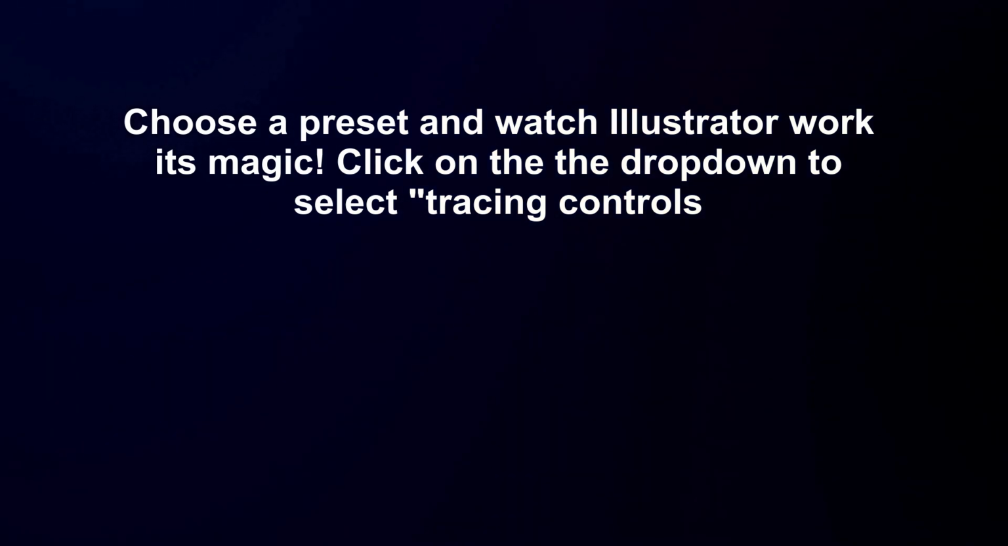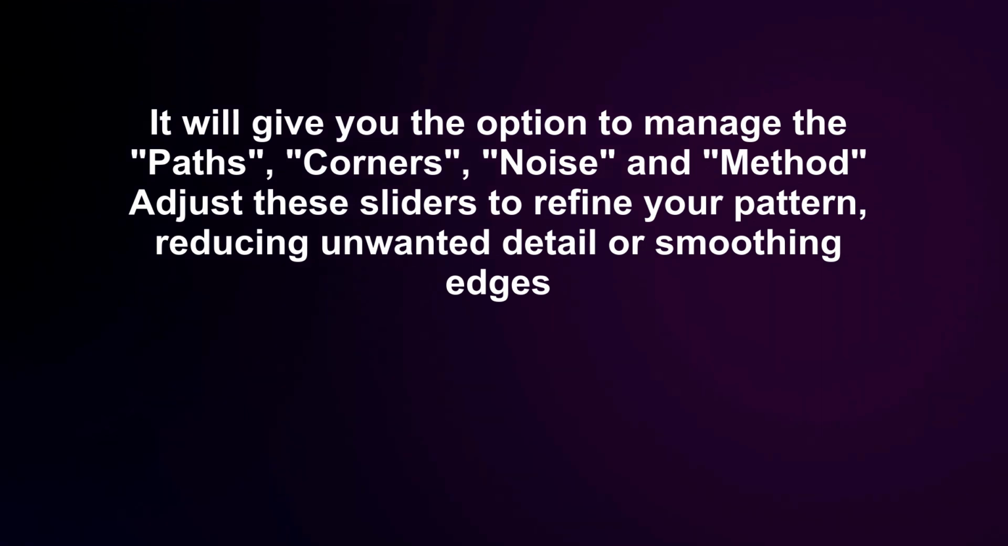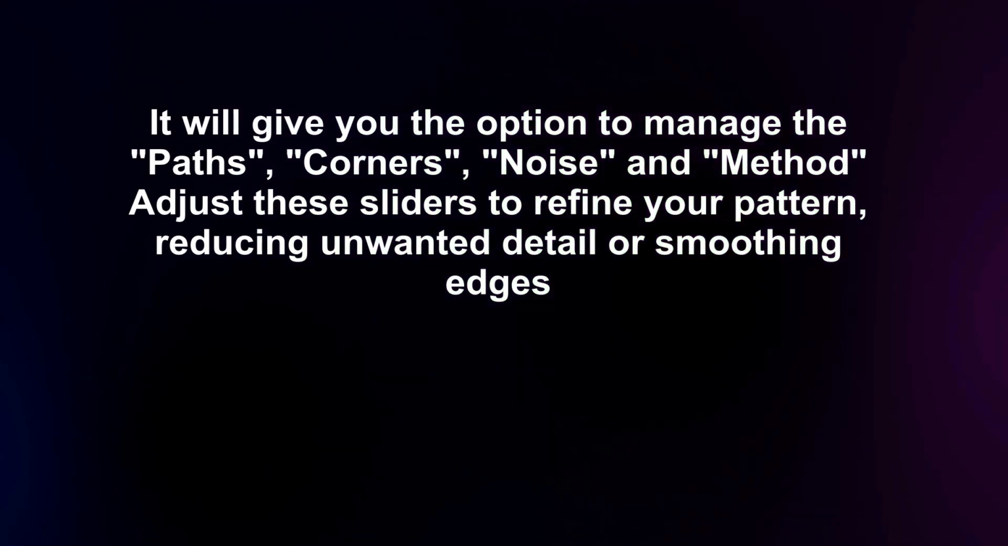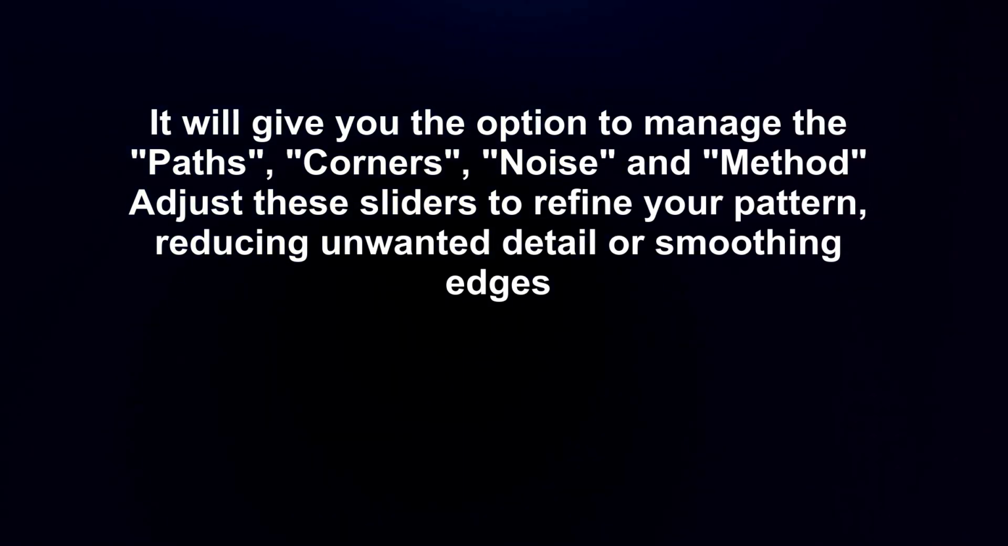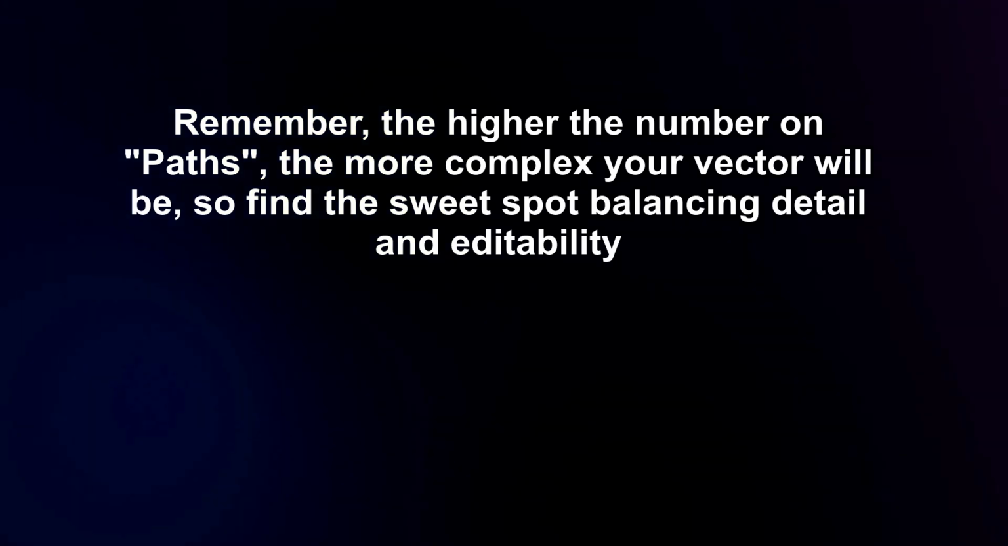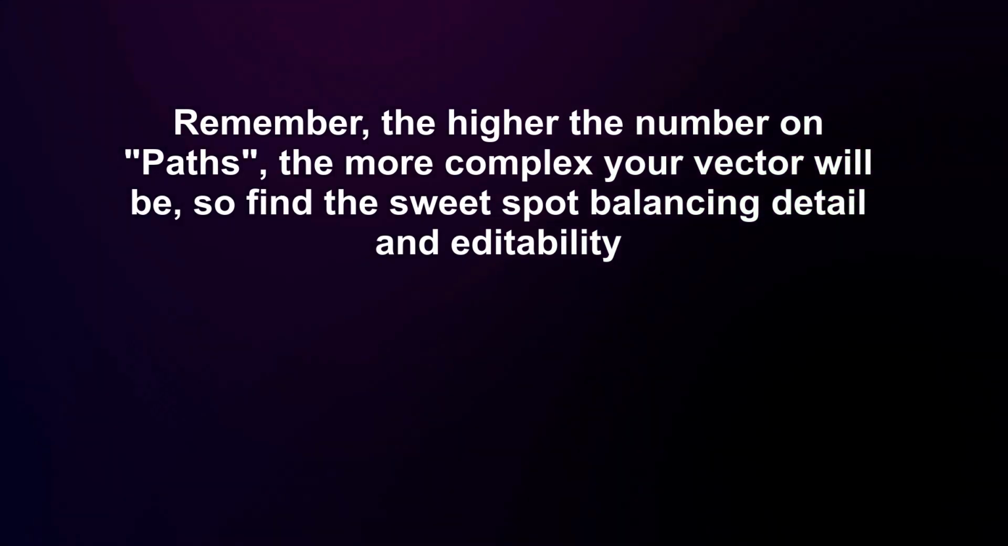Click on the drop-down to select Tracing Controls. It will give you the option to manage the paths, corners, noise, and method. Adjust these sliders to refine your pattern, reducing unwanted detail or smoothing edges. Remember, the higher the number on paths, the more complex your vector will be, so find the sweet spot balancing